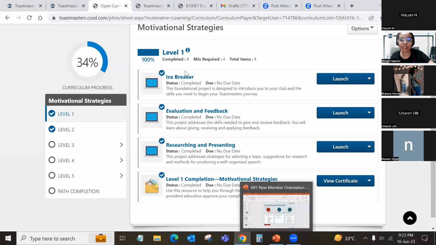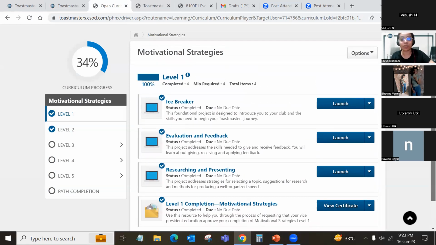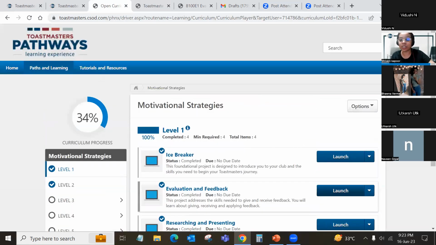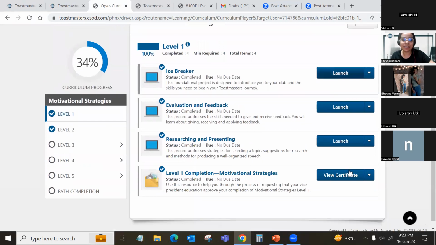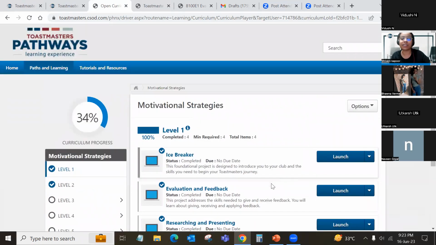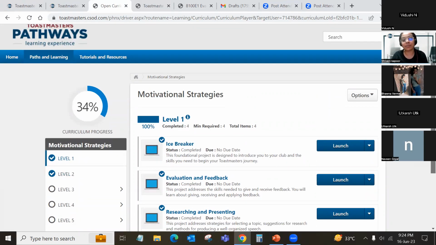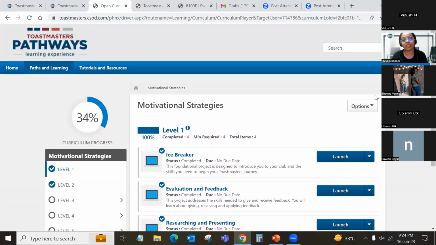Right. So this was about Pathways. Any questions for the platform? Because now it's 9:23 and I would like to wrap up, because I have told everything that's in Pathways. This is how the Basecamp looks. So the task is to check your emails, log into TI, choose your path and just have a look, get familiarized with the website and the Basecamp. This was about Pathways. Any questions till now?